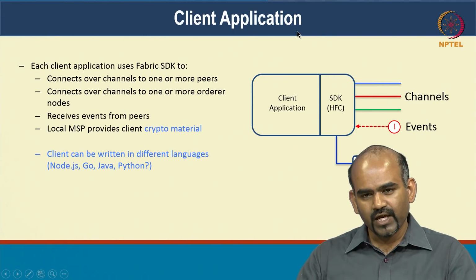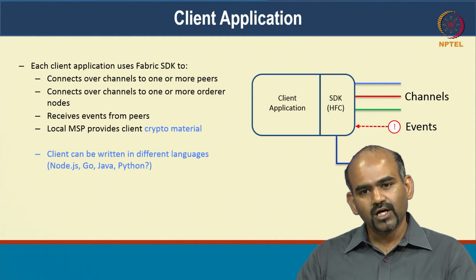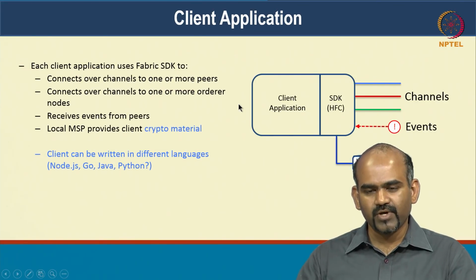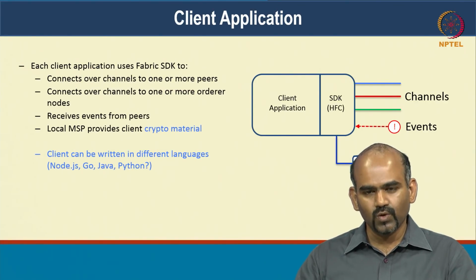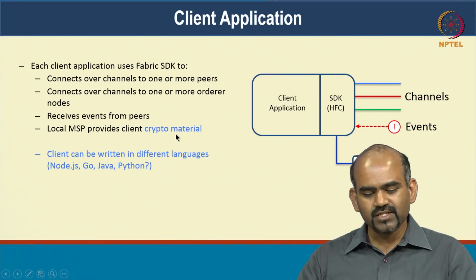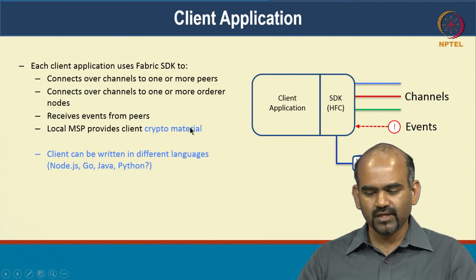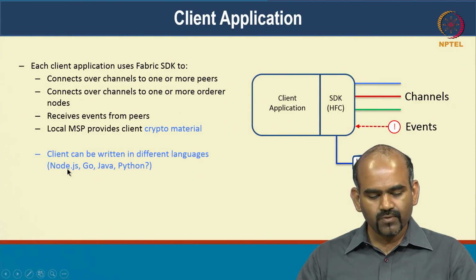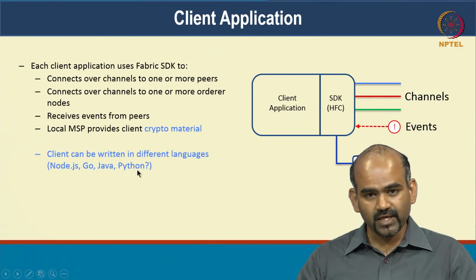And the way peers entering and leaving the channel are also recorded as transactions on the blockchain. So they are called channel configuration transactions, and they are also recorded on the blockchain, again in a decentralized manner. So everyone has to agree that this peer is now okay to join this channel, and they will be admitted into the channel. And when a peer is admitted into the channel, of course, the crypto material for that peer has to be updated. And the application itself can be written in any language, but for the client that connects with the blockchain, there are multiple SDKs that we provide. We provide SDKs in Node.js, Java, and Python, and you can use those to connect with the blockchain.